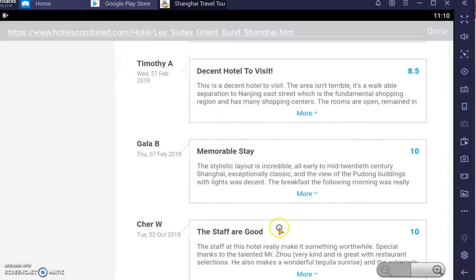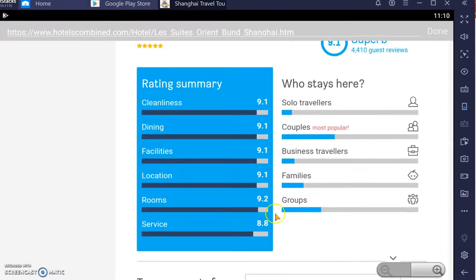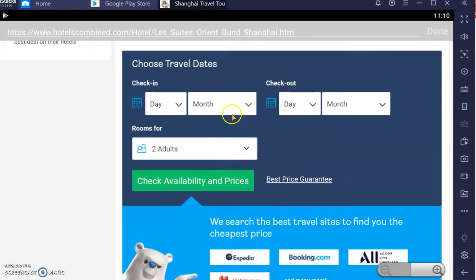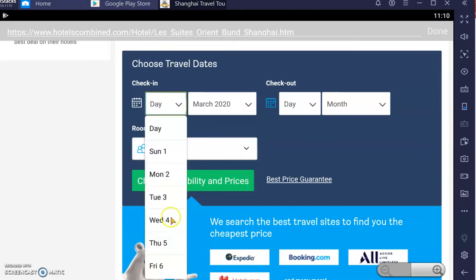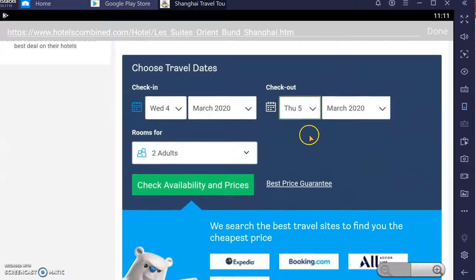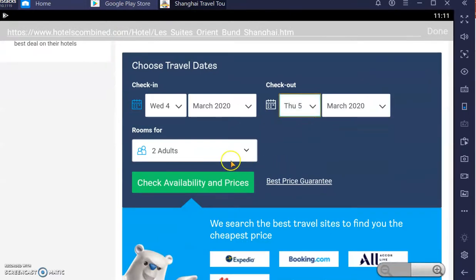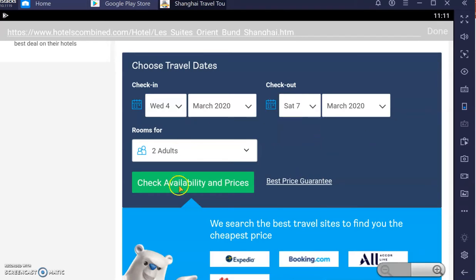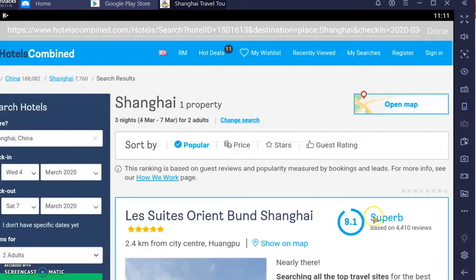Okay, let's say now you want to book this hotel room. Okay, scroll up, go to this section, choose travel date. Let's say I choose March and choose a day, and then leave the checkout date if you want to stay for 2 days, and then you can select a different date. Okay, day 7. Now rooms for how many person leave it 2 adults. Tap on check availability and prices, and it will display you the